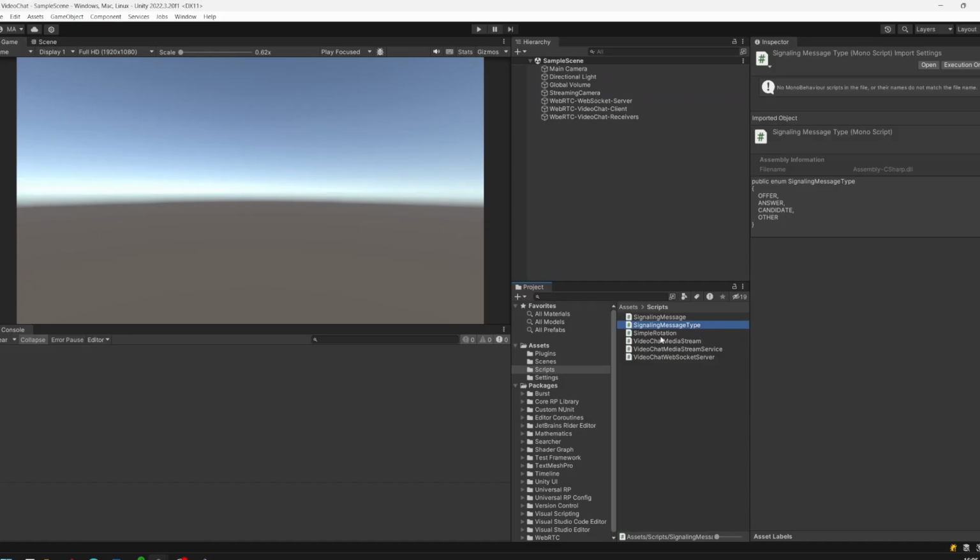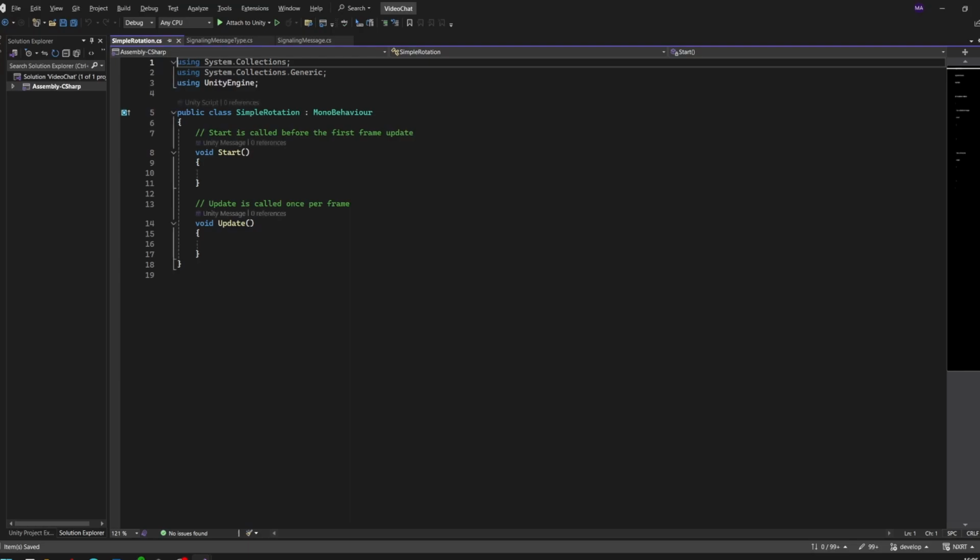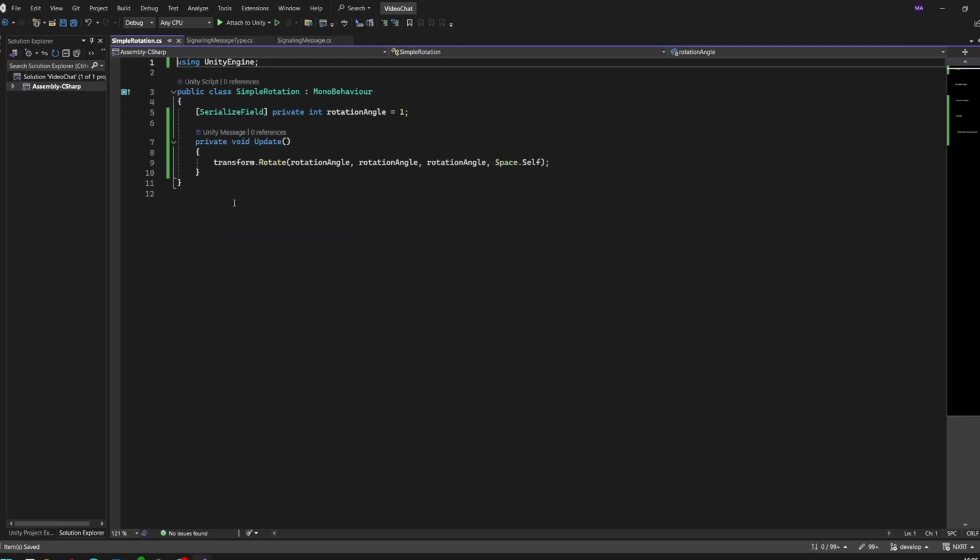And let's set up the simple rotation script. As always, if you want to better code, feel free to pause the video and just type it. On the other hand, I'll try to offer you the source code as soon as possible via the YouTube channel